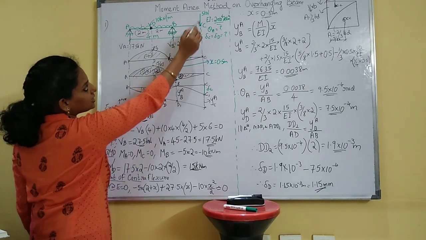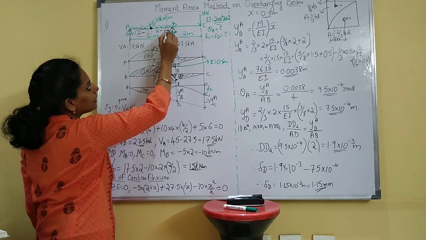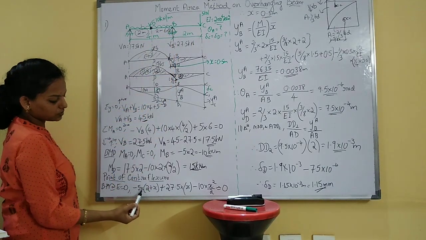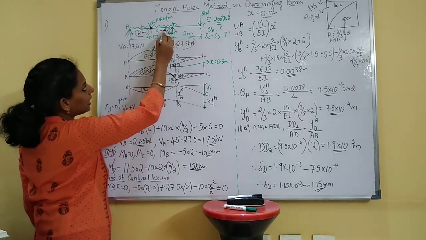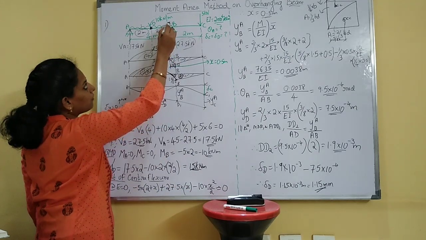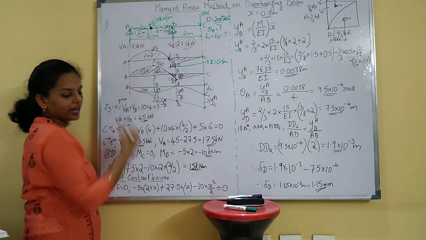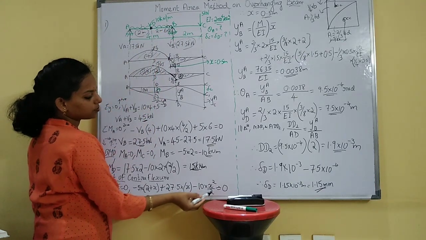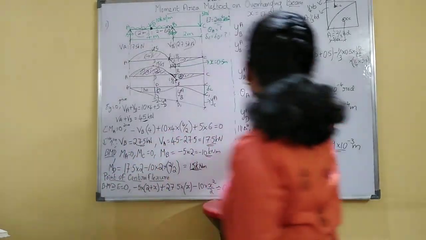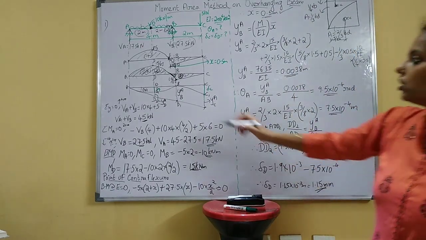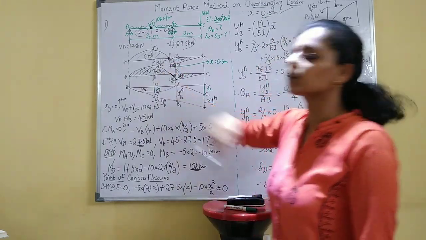So this force, that is 5 into up to this point E, this is nothing but X. So 5 into 2 plus X, minus 5 into 2 plus X, plus this one 27.5 into X. Next minus, you have to consider this UDL only for this part, that is only the distance up to X. So minus 10 into X by 2, or X square by 2, which is equal to 0. Just solve it and get the value of X. X is nothing but 0.5 meter. So this is 0.5 meter. The remaining distance will be 1.5 meter.